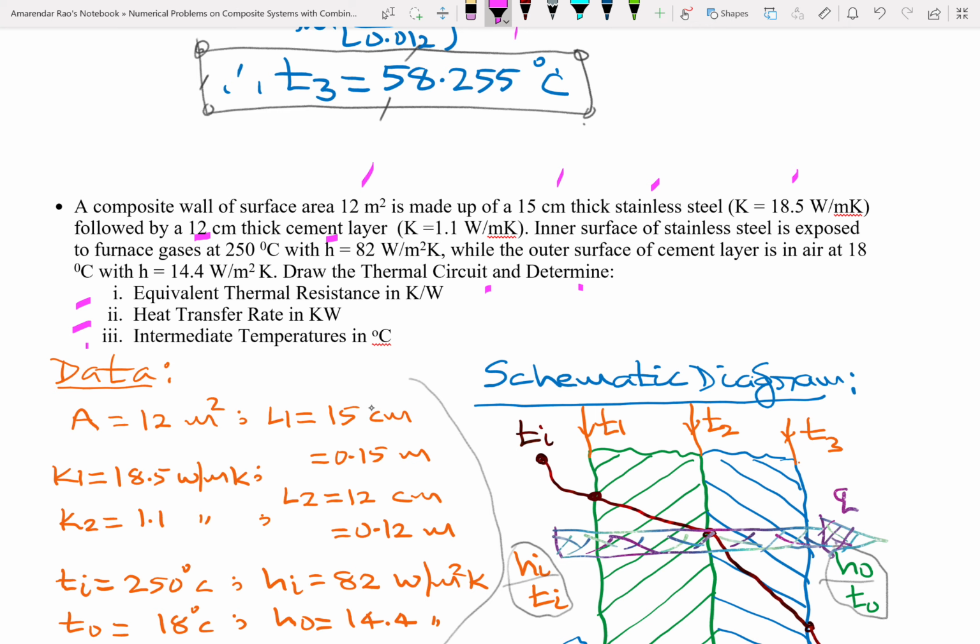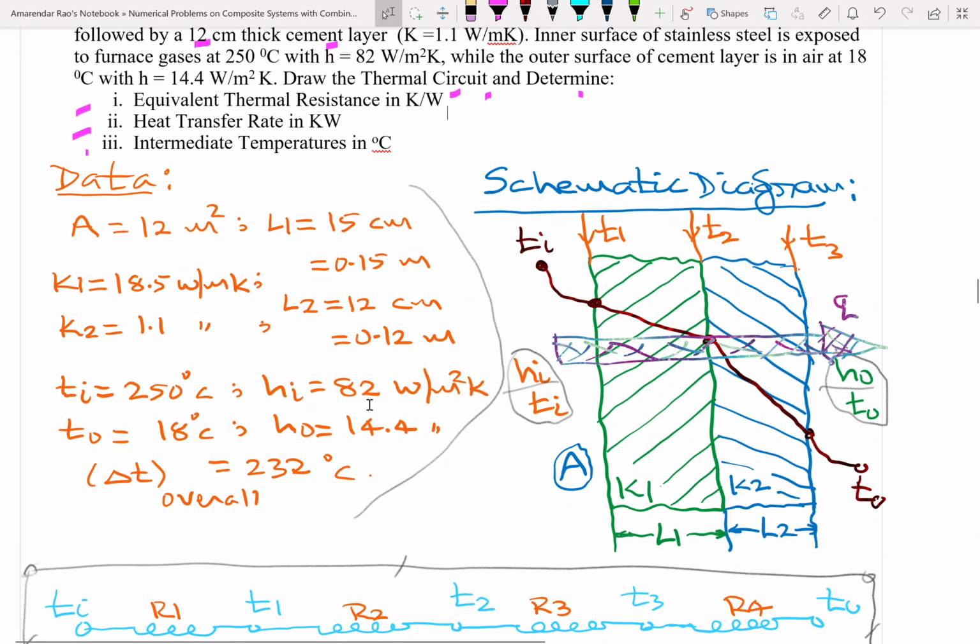Since we are interested in equivalent thermal resistance, we need to follow only the electrical analogy. Then one can show the schematic diagram, only two layers with inner convection, outer convection. You can see Ti is biggest of all, so as much as 250, T0 is smallest of all. In the middle you got T1, T2, T3. Then inside environment is Hi, Ti, outside environment is H0, T0. Then data can be jotted down